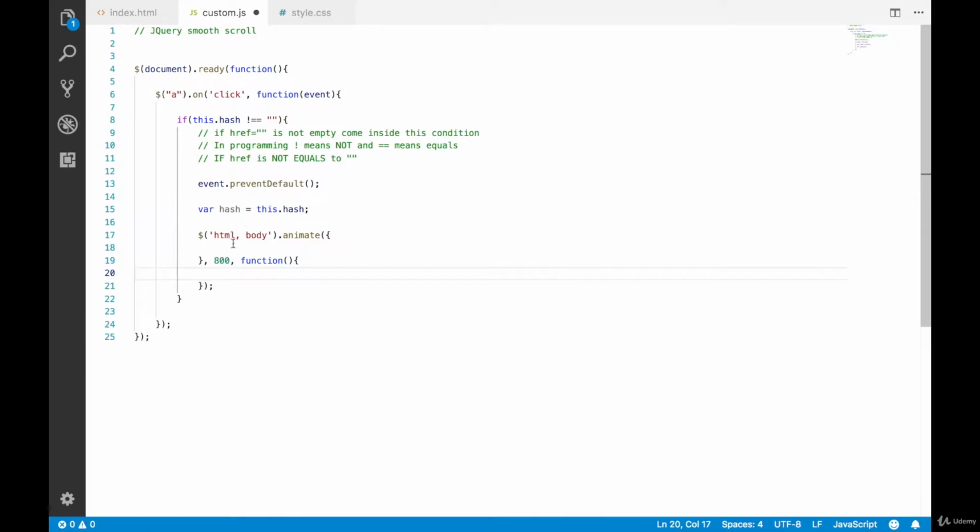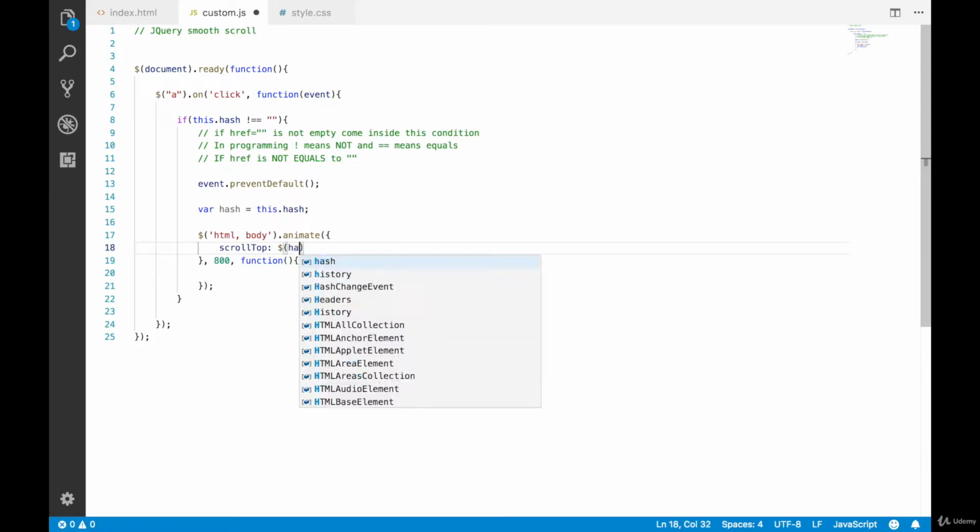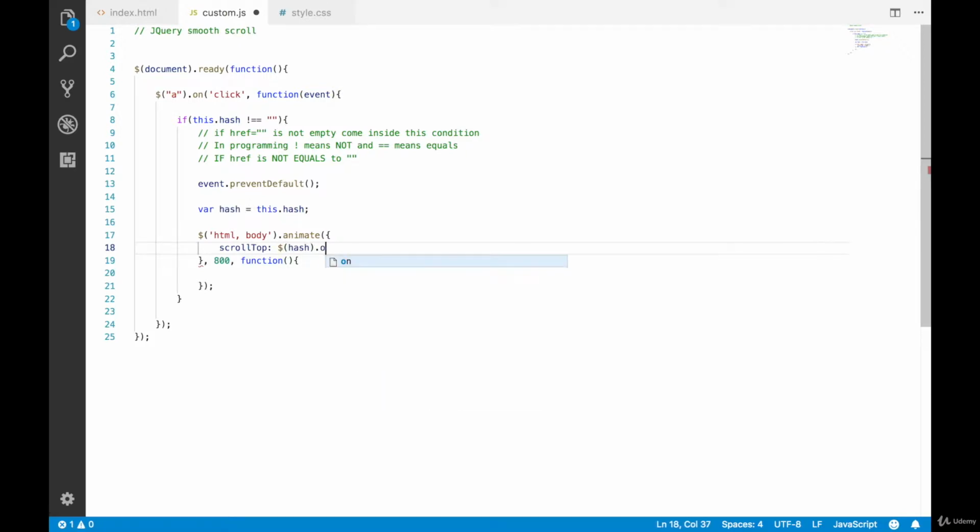Inside the animation, there is a jQuery property known as scrollTop. I would say scrollTop colon, and then the $ and hash. Hash is the location. Scroll to our location. So inside the animation, I'm saying scrollTop to the location using the offset. That means smooth scroll to the top. I'm just saying if you are scrolling somewhere, then scroll in an animated way, using 800, and then inside the function, what I'm going to say is